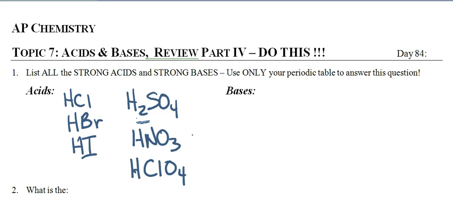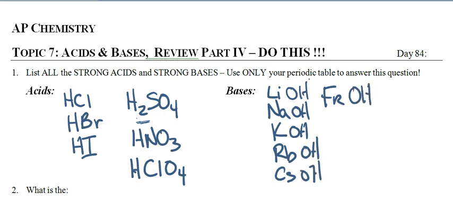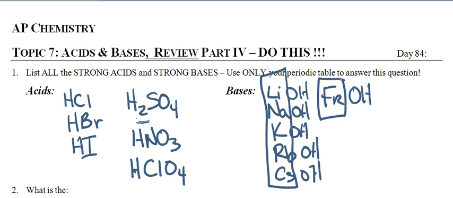And then the bases, it's just lithium, sodium, potassium, rubidium, cesium, francium, and then there's OH behind them all. But really what I want you to know is not these equations here, but I really want you to know the metals. You've got to be able to identify the metal so that when we make a salt or have a salt that starts with one of these, or the other ones, calcium, strontium, and barium,